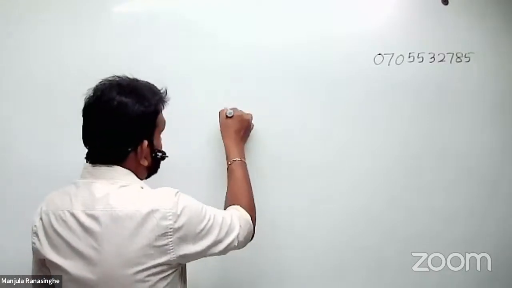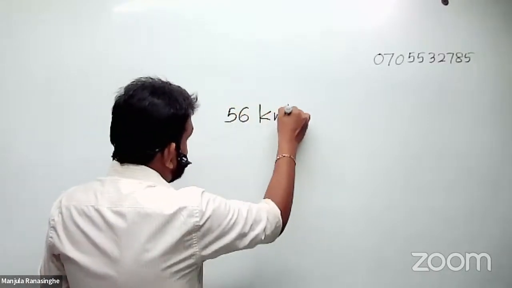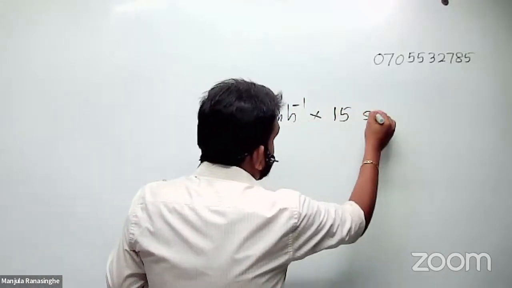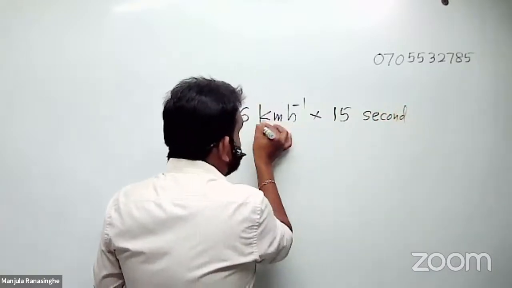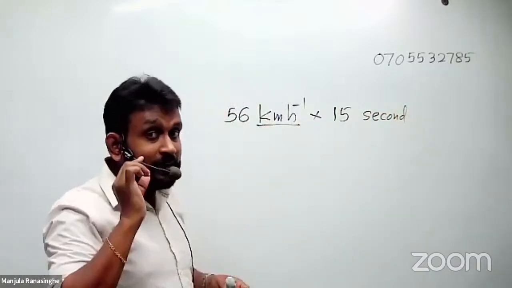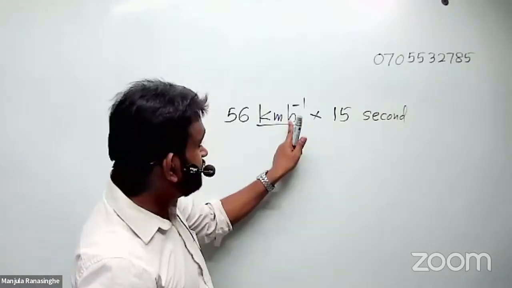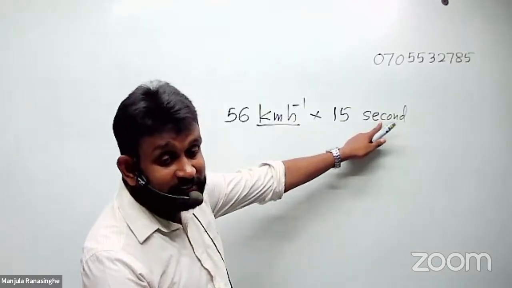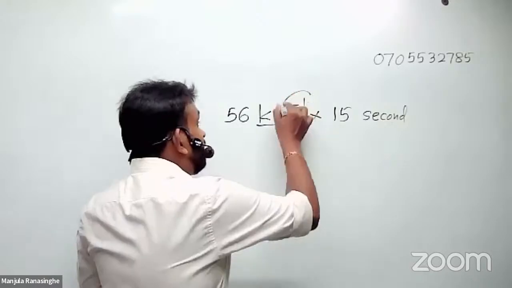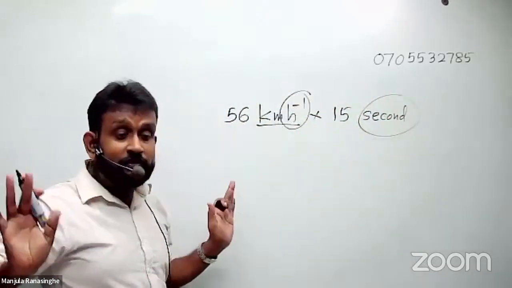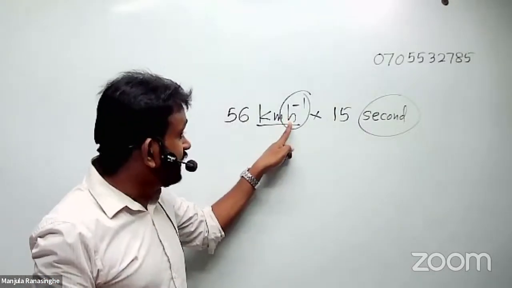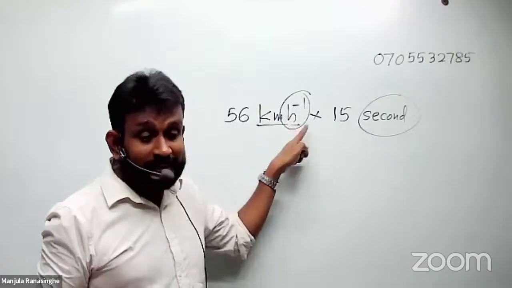The unit has been changed. Some students multiply 56 kilometer h minus 1 by 15 seconds. See what happened here: kilometer per hour is for the time, the kilometers and hours. Distance is in kilometers, time in hours, but here it deals with the time in seconds. So seconds and hours, you cannot have multiplications because the two are different units. So what you can do here is convert hours to seconds, or you